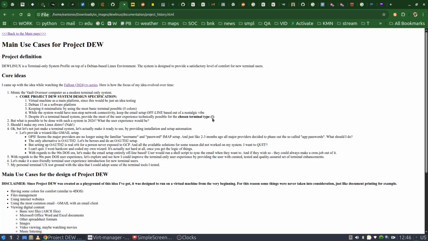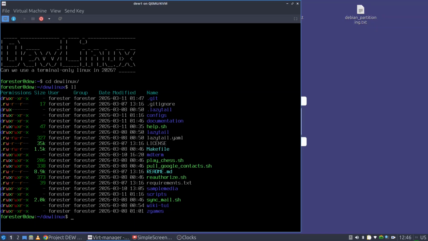And basically what this is, so when you run my installation and configuration scripts, you will end up with terminal only system and some goodies installed and pre-configured for it. Okay, let me explain a little bit. So you are looking at a virtual machine. The whole thing is designed that you can install it on an actual laptop, but I didn't have spare laptop to try it on. So I installed it on a virtual machine, and